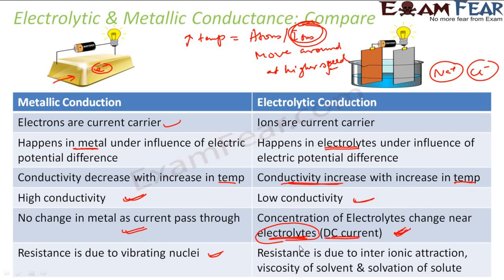And here, it is the electron which has to pass through these vibrating nuclei. But in this case, the resistance is due to ionic attraction, viscosity of the solvent, and solvation of the solids. Resistance is because of some other reason, right? Because the main difference is this is the electron, and this is the ions itself. So that is the difference between the metallic conduction and